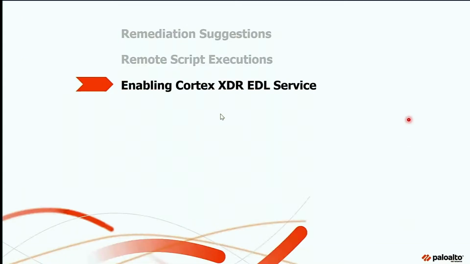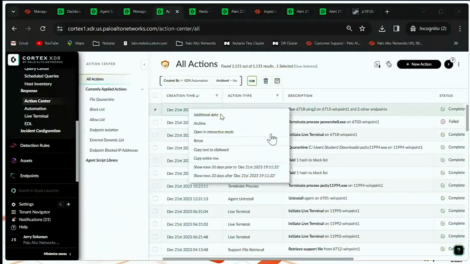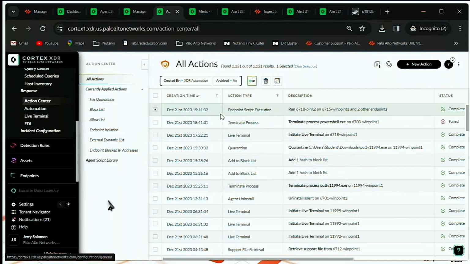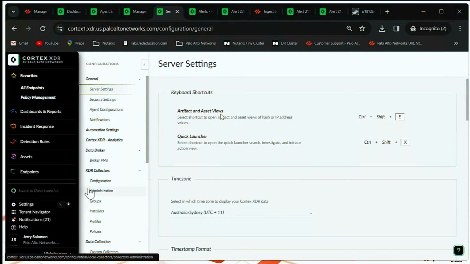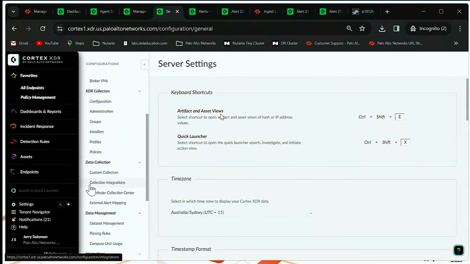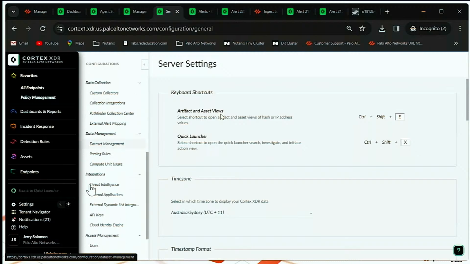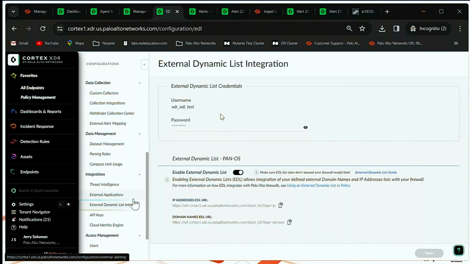Right. And the very last part is Cortex XDR provides 2 different URLs. We provide under settings configurations. If it's a brand new tenant, we need to go and enable the EDL service. So we have under integrations, this is the settings configurations of our tenants. And then under integrations, we have external dynamic list integration. We provide 2 different URLs that you can provide, and this is tenant specific,